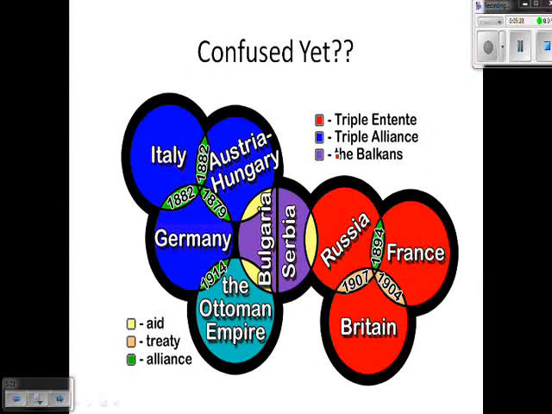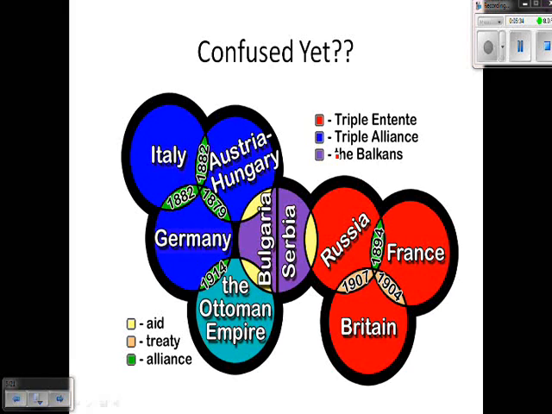Okay, now, in case the alliance system wasn't confusing enough as it is, I found this when I was trying to find some graphics that maybe helped untangle the whole alliance system idea, and this, in fact, does not even attempt to untangle it. It, in fact, makes it all that much more confusing, right? So, if you're confused, you accomplished